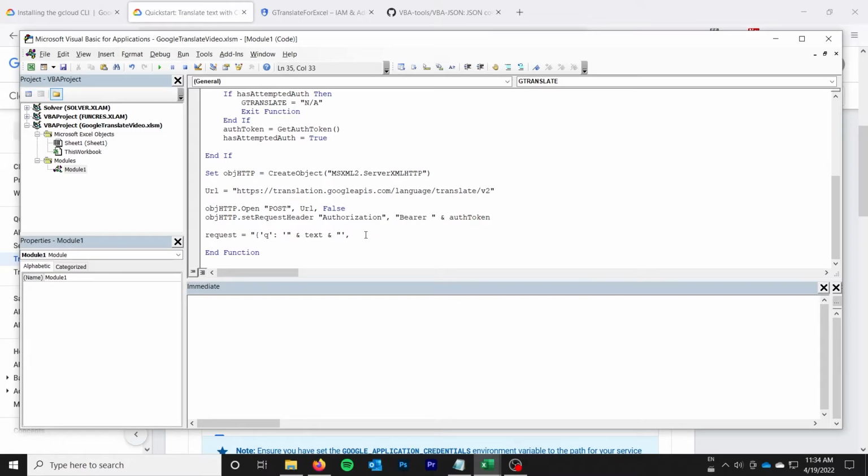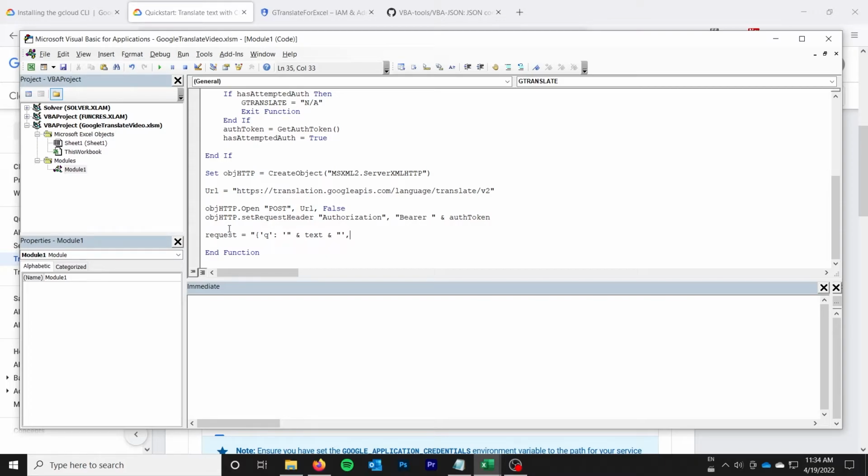It's basically just a special language for key value pairs. And that's what Google is going to understand when we send it to their API. We're going to send them this information via our post request, which is a special type of web request, just like can be made in your browser, but we're making that here in Excel to the API. And we're going to pass it this, and it's going to be able to parse this and pick out the